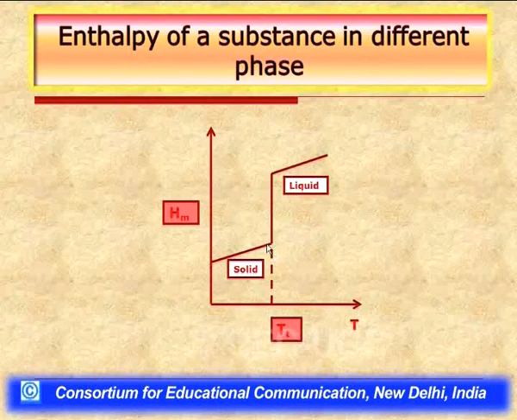So it means the same substance in two different phases has different enthalpies. This is basically a curve between the enthalpy and the temperature of a substance. A substance at a fixed temperature will have a fixed enthalpy value. The enthalpy of the substance will continuously change as it moves along this linear curve, and will ultimately reach the melting point.